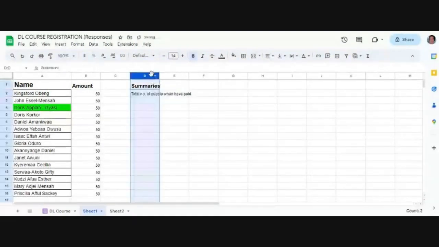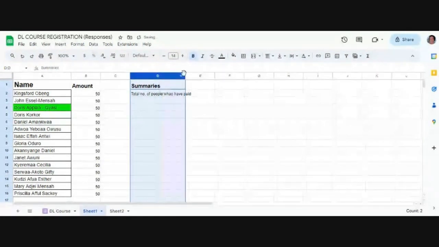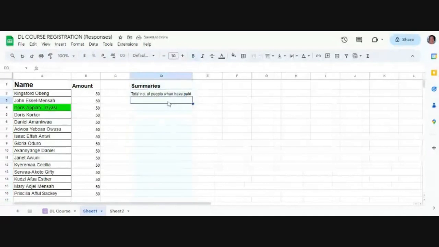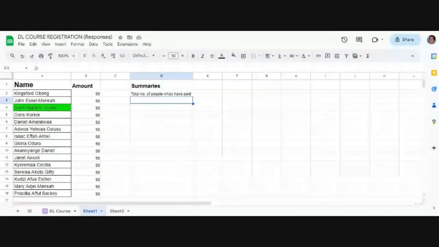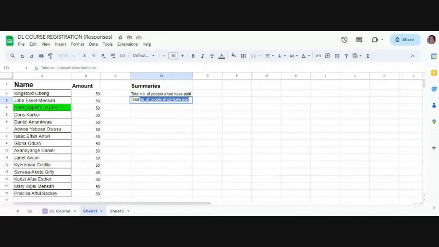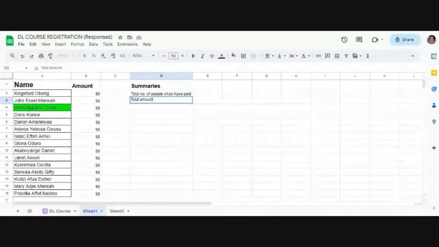Now let me make the cell large to contain the text. Good. Then I come here, total amount contributed. No, this is not what I want, so I will not accept this suggestion. Let me just say total amount. Good.